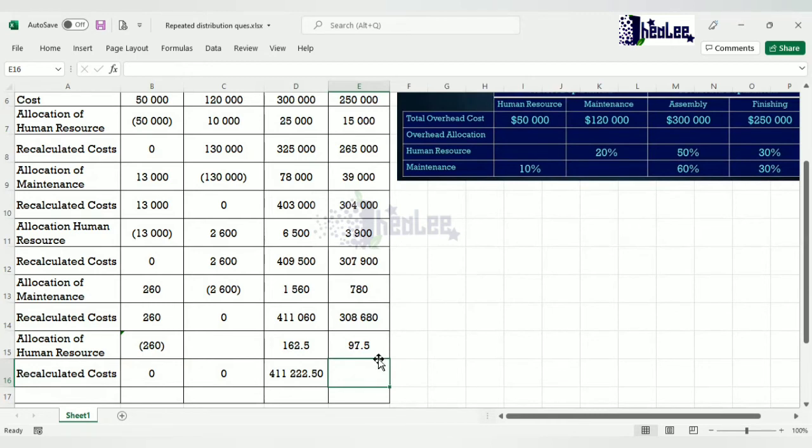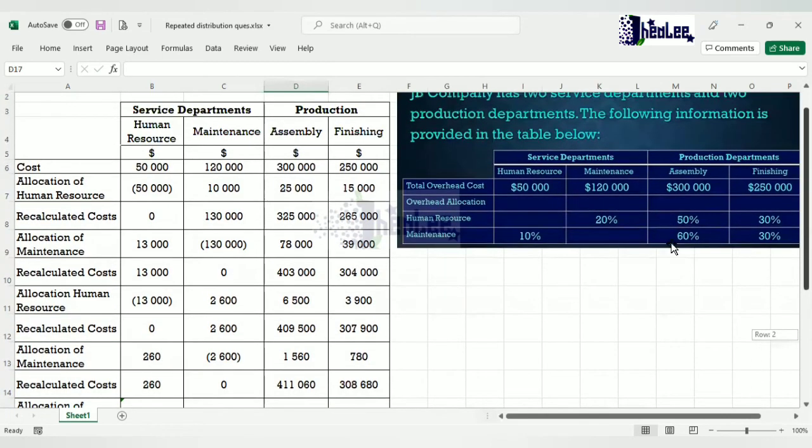And for the last department, which is the finishing, the previous recalculated cost was $308,680. To that, we're going to add $97.50. And that gives us a total of $308,777.50. And if you want to double check if you're correct, if you go back to the